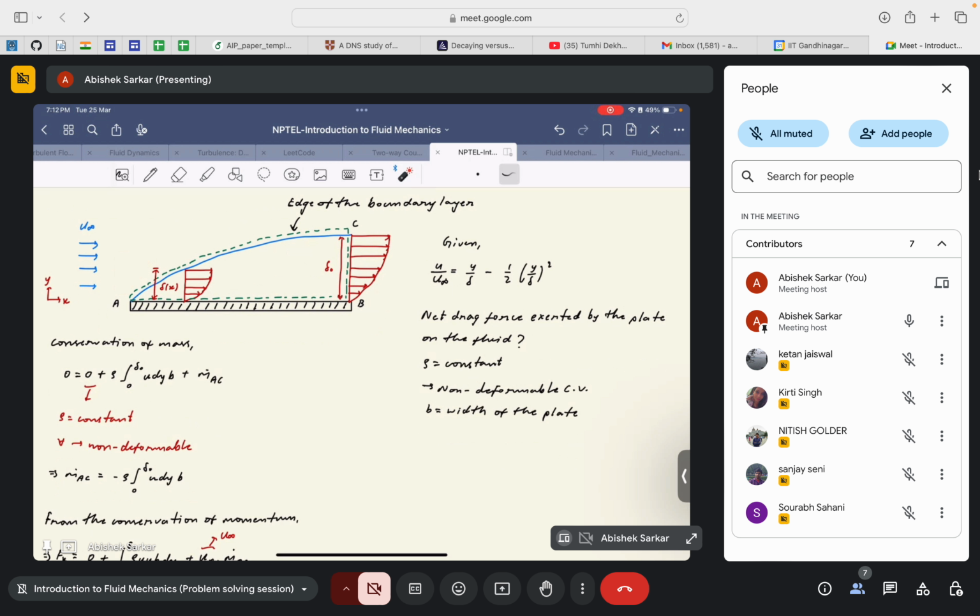Okay, so this is the hint that I was trying to discuss, that here they are asking about net drag force. If force is coming into the picture, then definitely you need to apply the momentum conservation. But the catch is that starting with the momentum conservation directly will not give you the solution as such, because the problems are mostly designed such that you need to start by the application